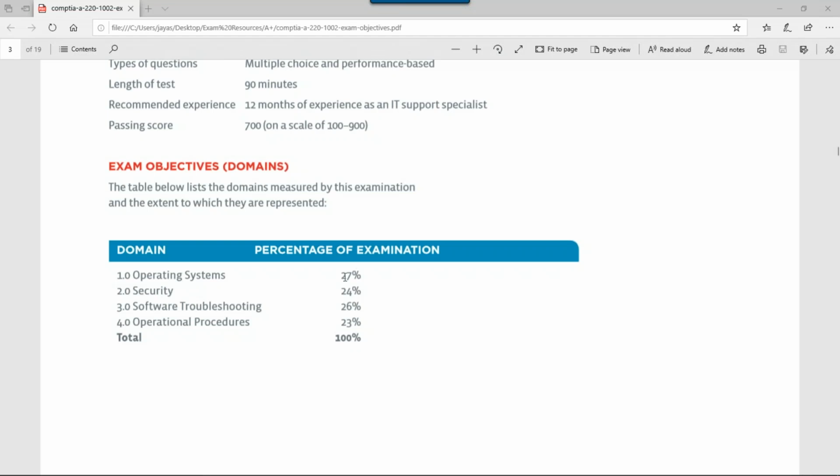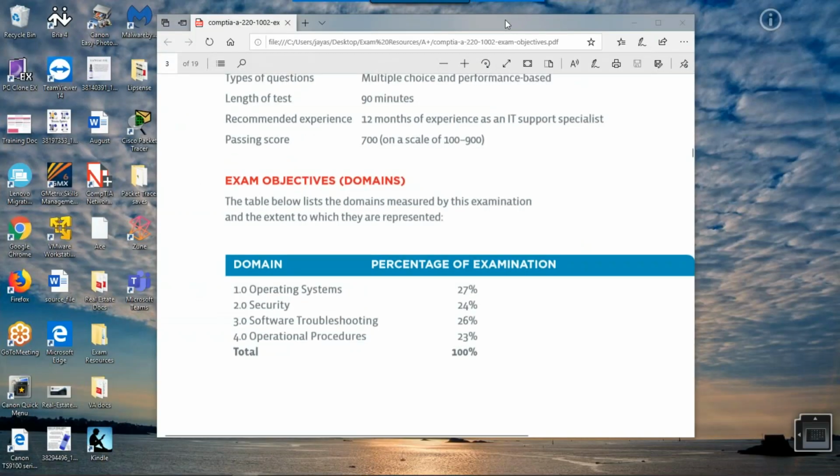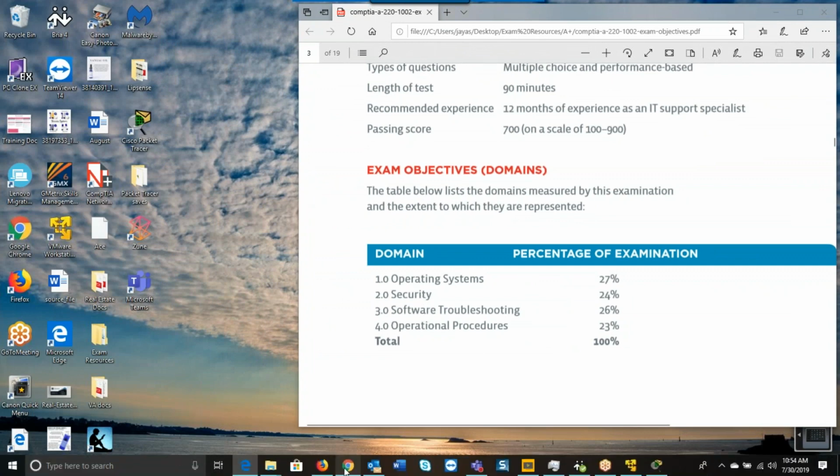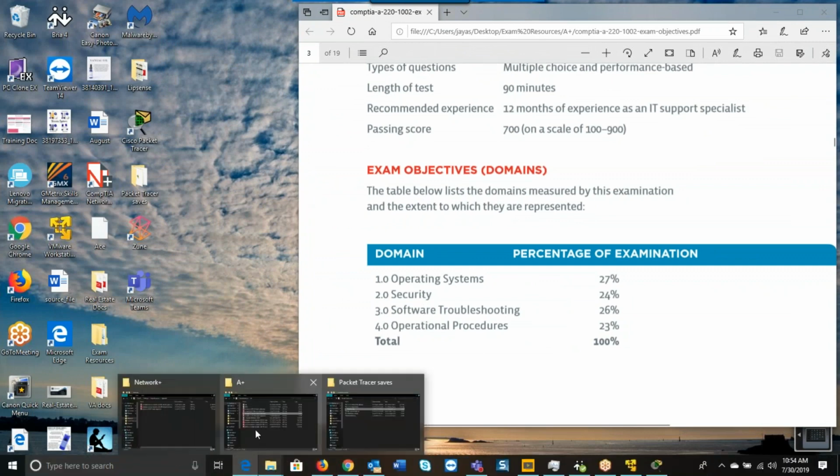So your Windows 7, Windows 8, Windows 8.1, Windows 10. Your security, right? And that's the other thing that separates them: in the first exam, you get your introduction to networking, and in this exam, you get your introduction to security.